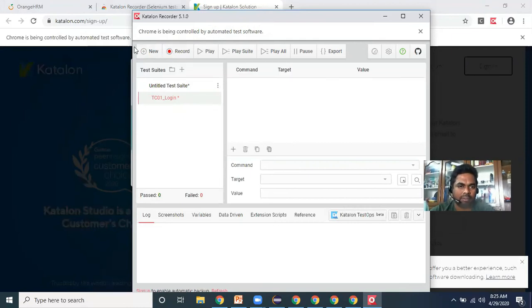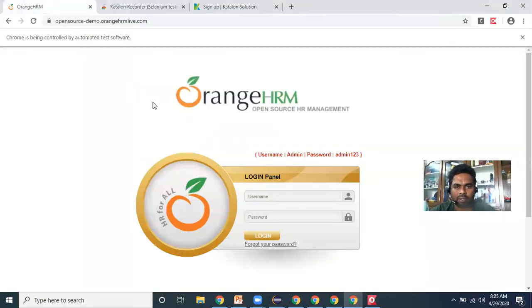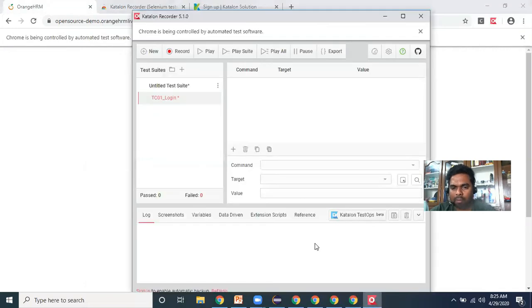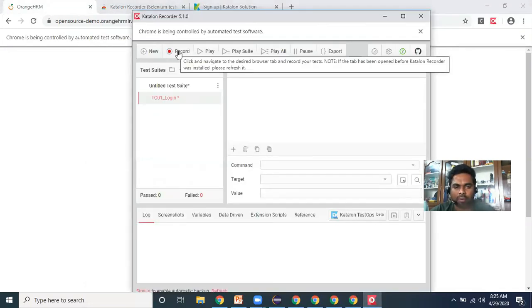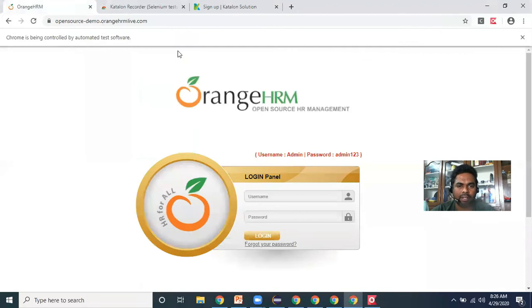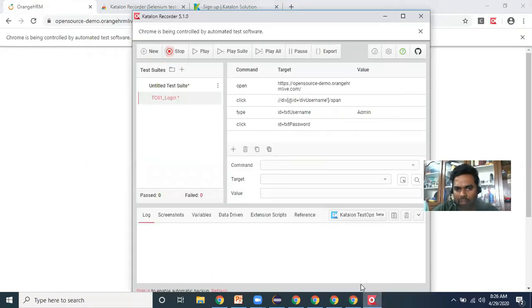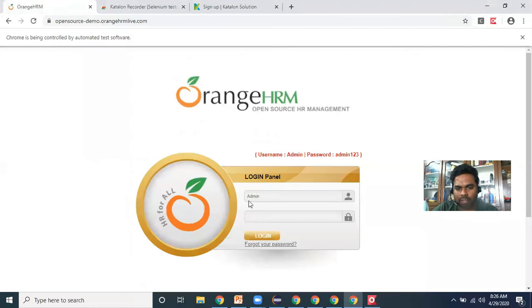I am going to record this Orange HRM login application. I'm clicking on record. Right now I'm going to click on admin, then admin 1 2 3, and I'm clicking on login.